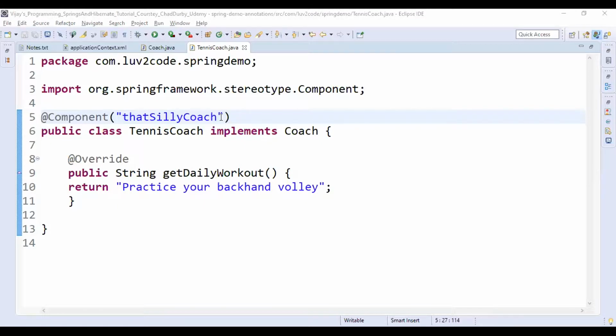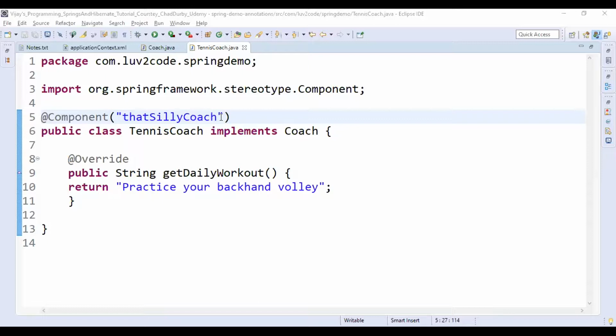@Component is identified as the Spring annotation when Spring scans the package and the classes that are available in the package.